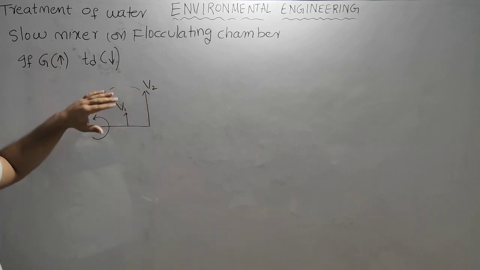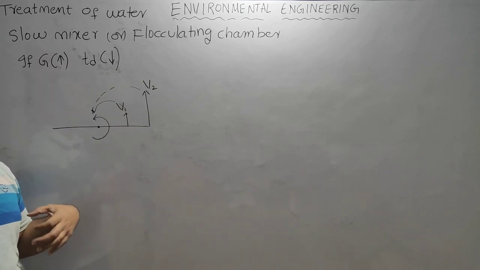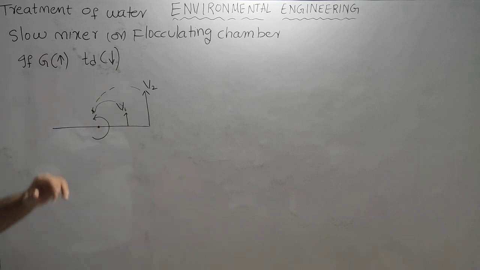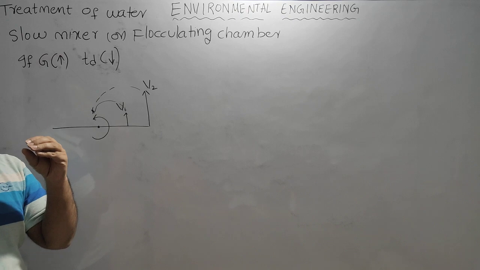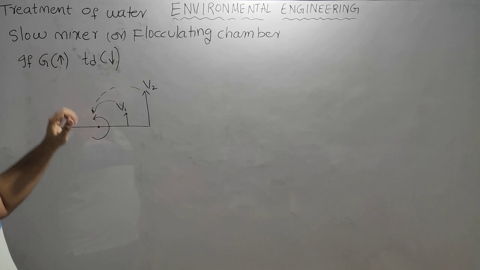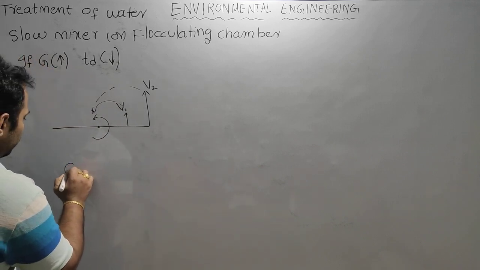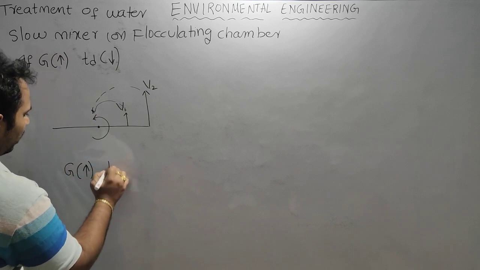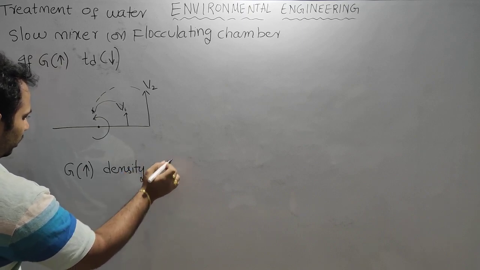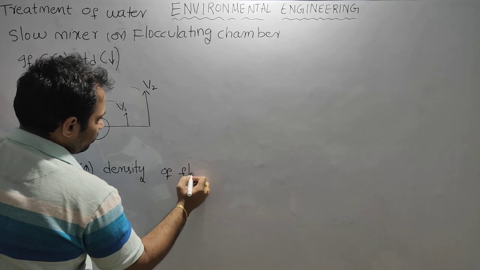So all the particles will come together and come very near to each other, but you are not giving more time for this to happen. So that is where the particle size will be small, but the packing of the particle is dense. Are you getting my point? The packing is denser because more velocity gradient is given. So if you increase the velocity gradient, the density of the flock increases,